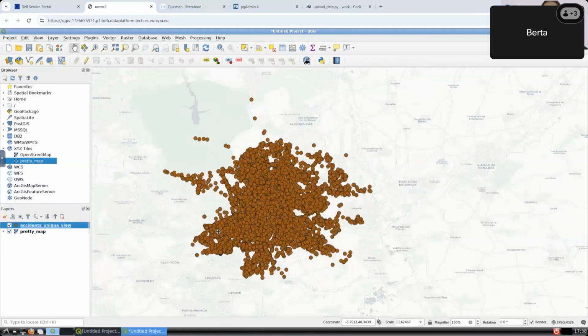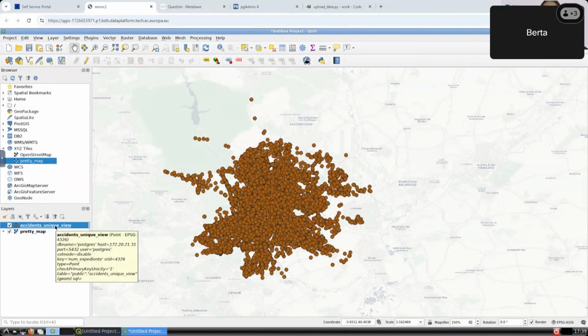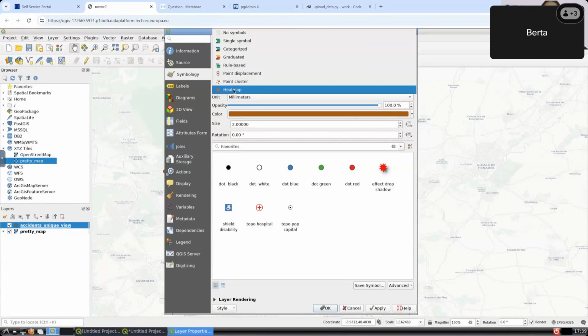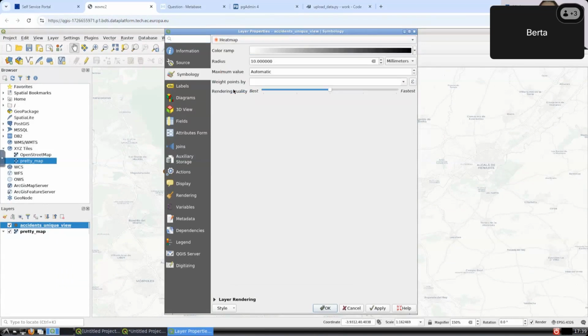So now we see the points on top of the map where the traffic accidents happened in the city of Madrid, but we're interested to highlight the hotspots and identify them so that we can take some action. So for that, what we're going to do is double click on top of the layer where the point data is and change in symbology the single symbol to heat map. Here you can adjust the radius and color gradient to visually highlight areas with the highest concentration of accidents, and